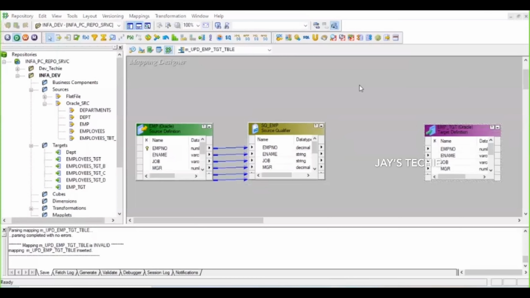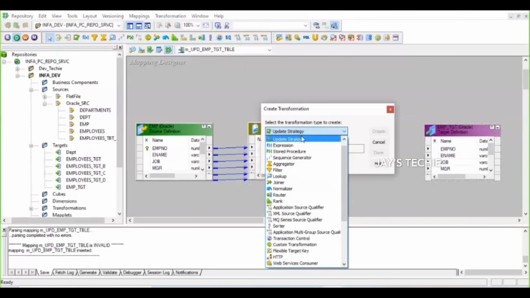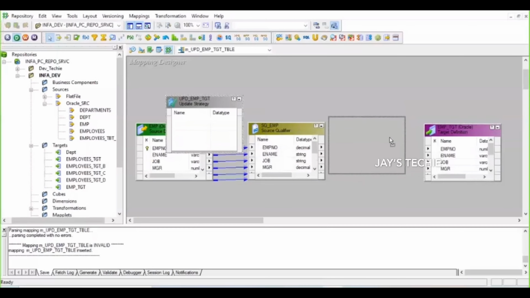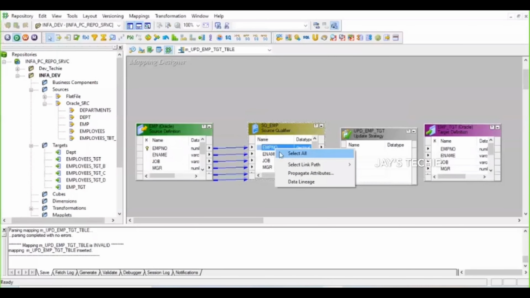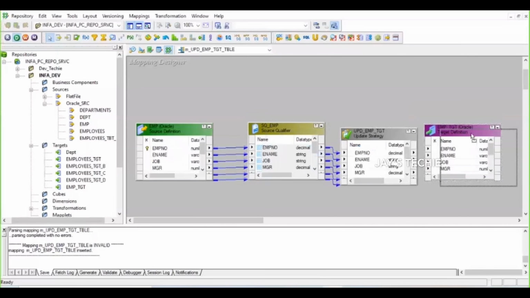We are going to pull the update strategy, click on update strategy, and name it UPD_employee, following the naming convention. Click create, click done. As I said before, select all, drag it to the employee update strategy transformation, and then select all, drag it over here. So here we are going to do an insert.